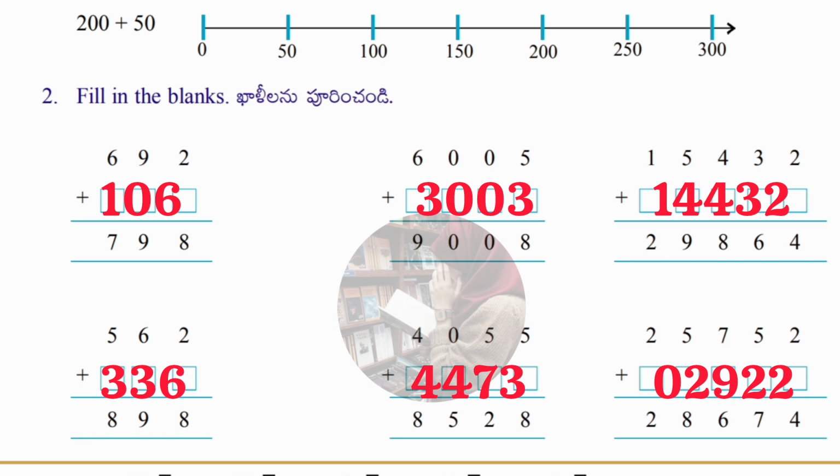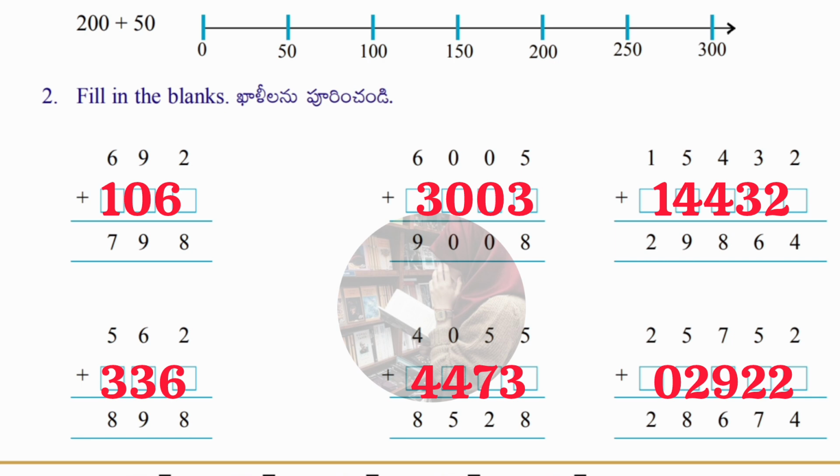Okay, let's see the second one in the same way. 6005 is there, the second number is not given, and the answer is 9008. So 5, what number should be added to become 8? 3. Then 0 is already there, so put 0 the same. Then 6 is there, in the answer 9 is there. What number should be added to 6 so that it becomes 9? It should be 3. Okay, 3003 is the number. Like that you can find the second number for the rest of the numbers. I hope this method is understood by you.